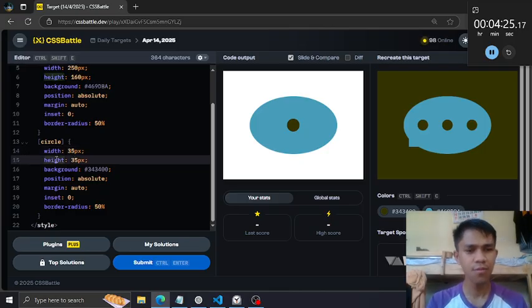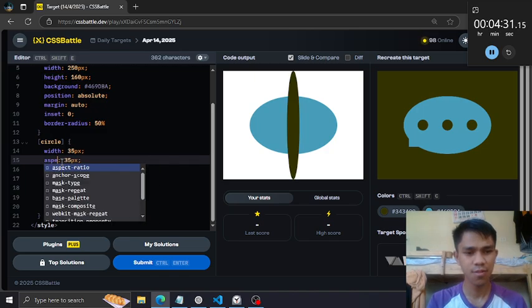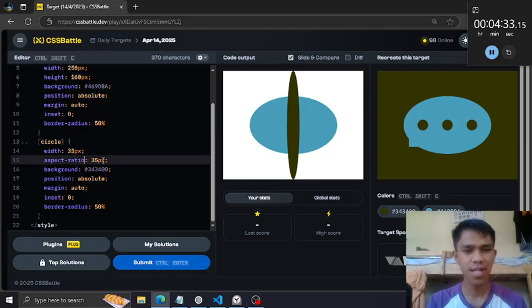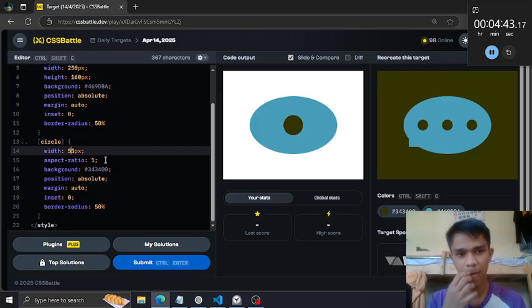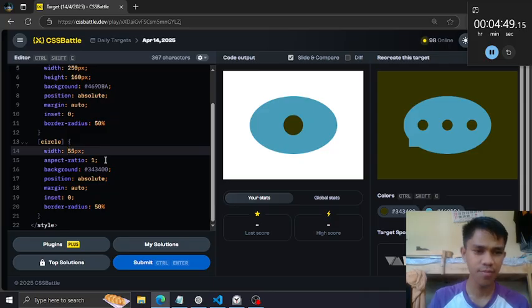But if you make the height an aspect ratio, it would adapt to the size of the width. So whatever the size of the width is, it would be the same as the height. So when I say 40, I only change the value of the width and the height follows. So from here, let's say 35.